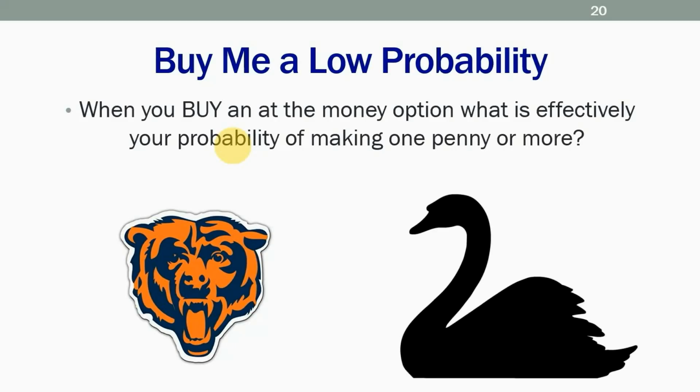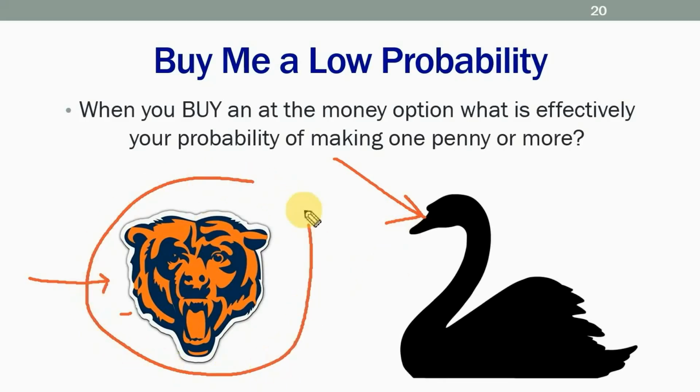By the way, it's kind of a fun story. I did a class a couple of years back, and that class included, can't make this up, instead of this, the Bears, which they haven't been a high probability pick since about 1985. Yeah, I'm talking about the football team. The Black Swan, what does it have to do with this? Black Swan effectively means it's a really low probability shot. You don't necessarily see black swans very often. But here's the fun part. I did a slide deck with the buy me a low probability years ago.